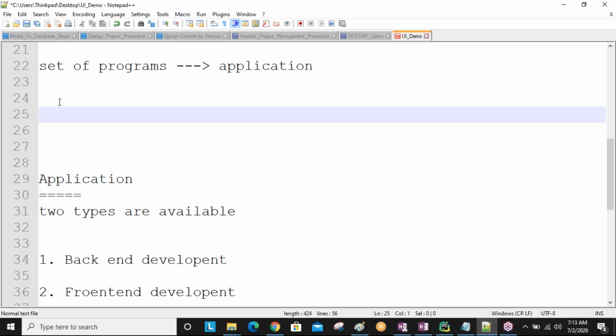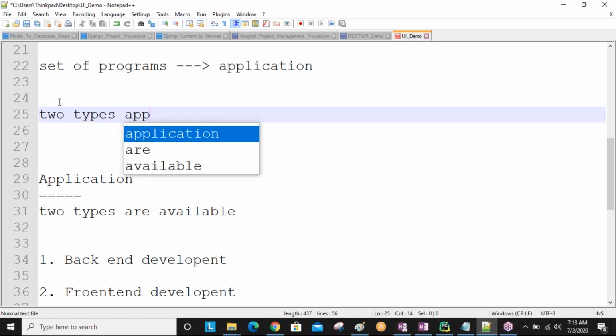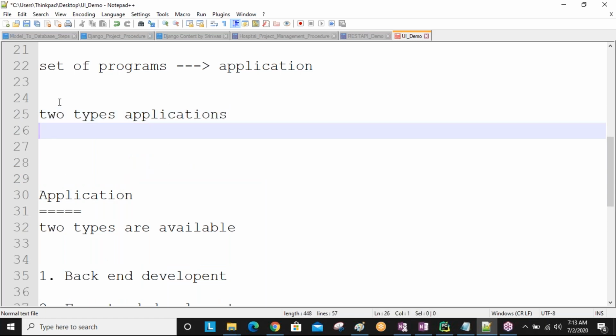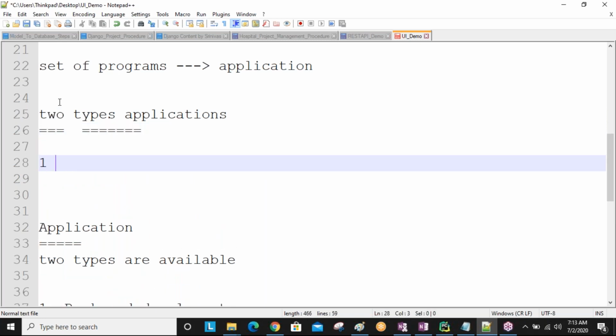All applications are divided into two types. What are the two types of applications? The first is static application.